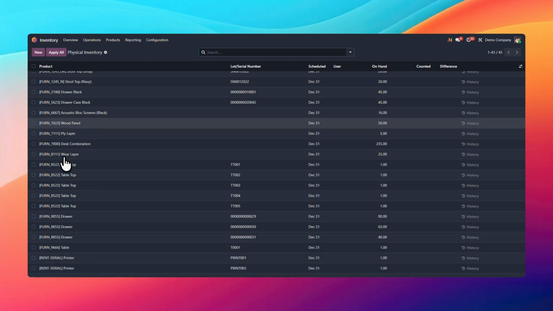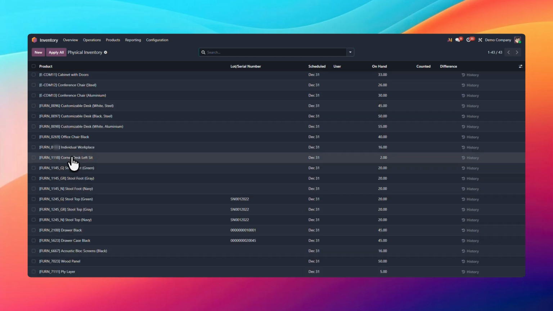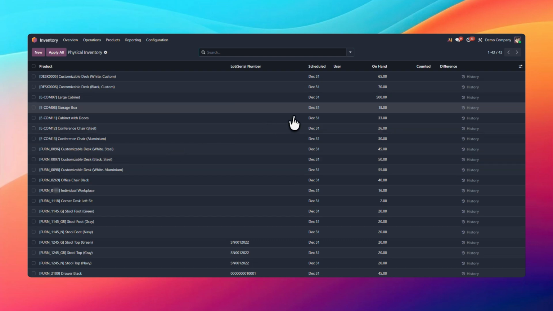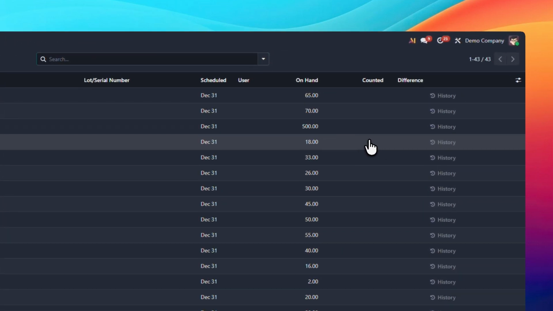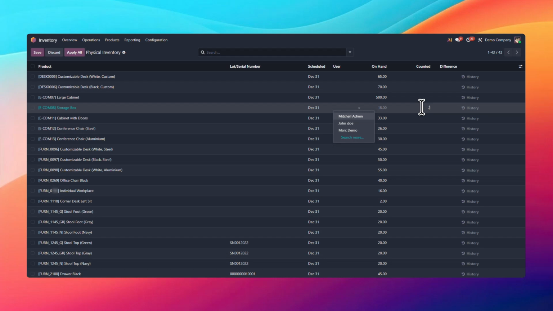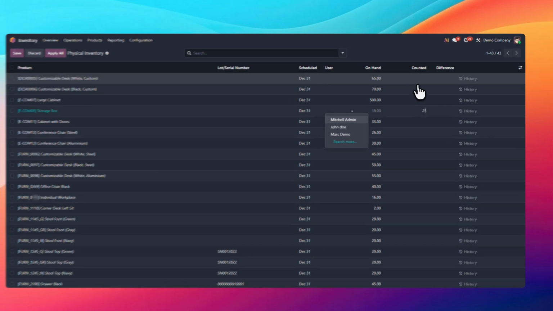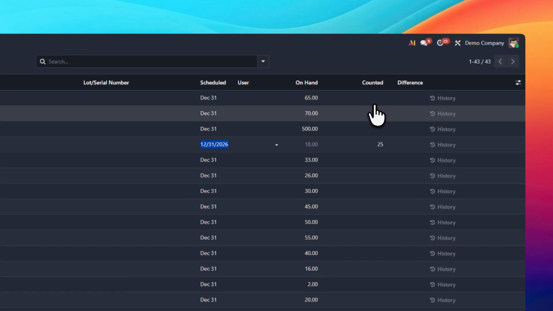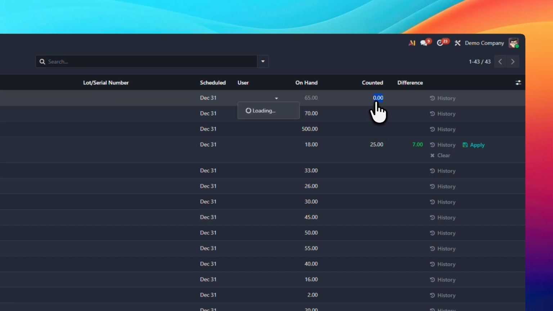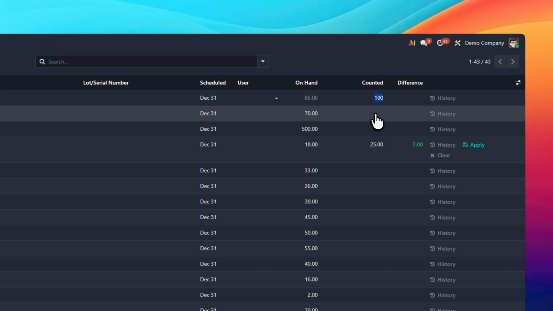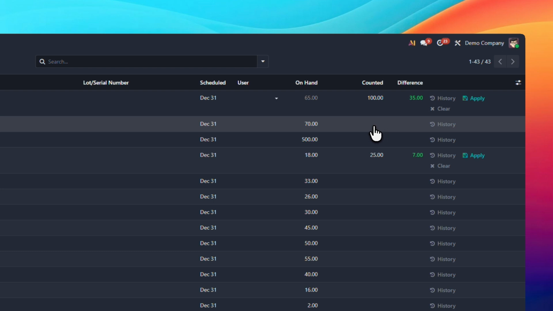That means if the quantity shown in Odoo doesn't match what you physically counted in your storage location, you can update the numbers here. After entering the corrected quantity, you can apply the adjustment so the system reflects the actual stock on hand. This is especially helpful when doing routine inventory checks or correcting discrepancies after receiving, moving, or counting